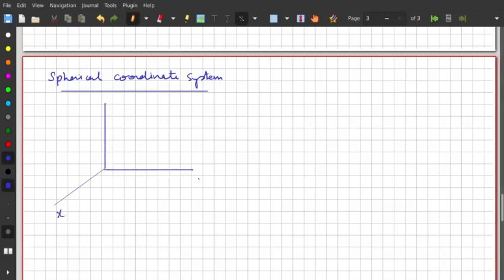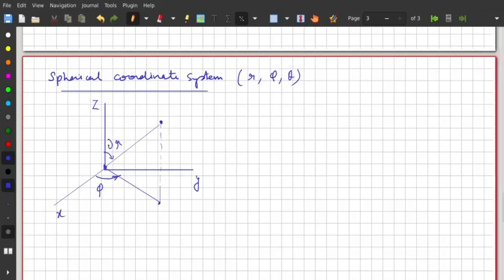So this is the x, y, z, and any arbitrary point P. And in spherical polar coordinates, this is r, the projection of that on the xy plane. This is the azimuth phi. So in this system we have r, phi, and theta, the zenith, and this is theta. Okay, and if you draw the elementary volume in this coordinate system, this will look like